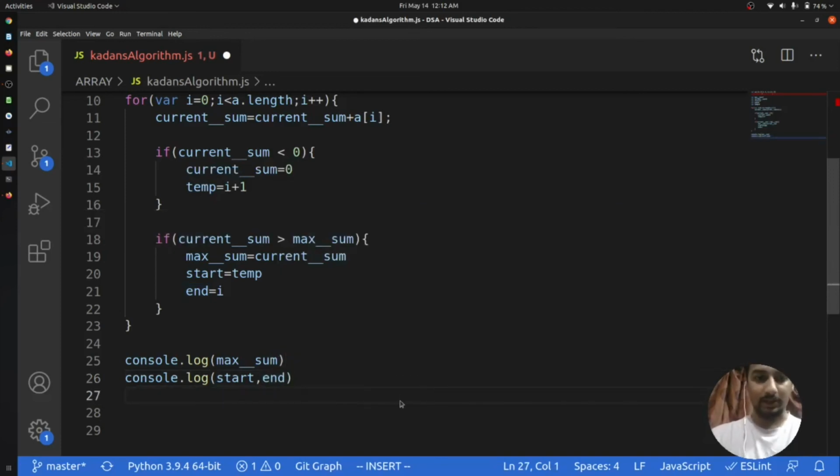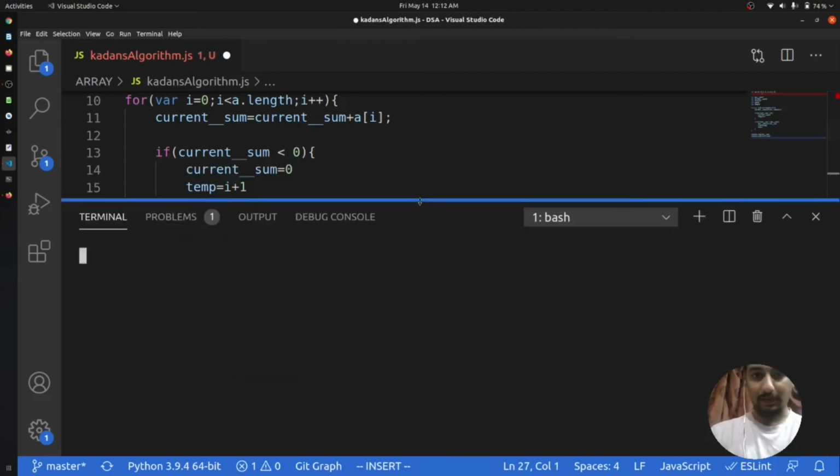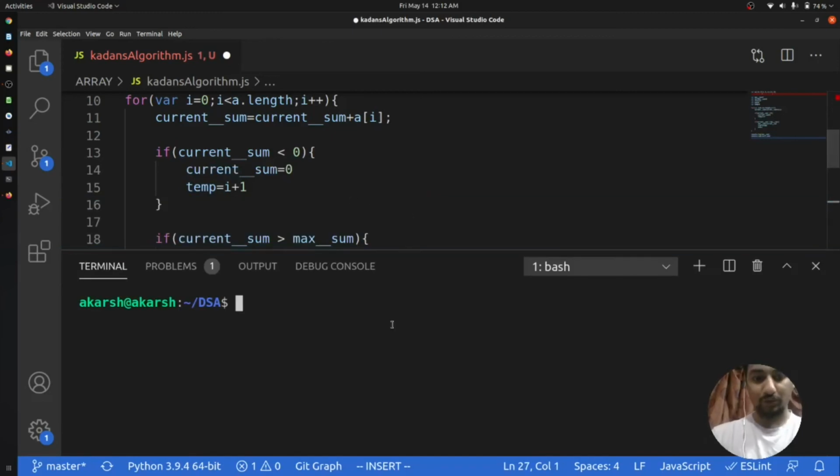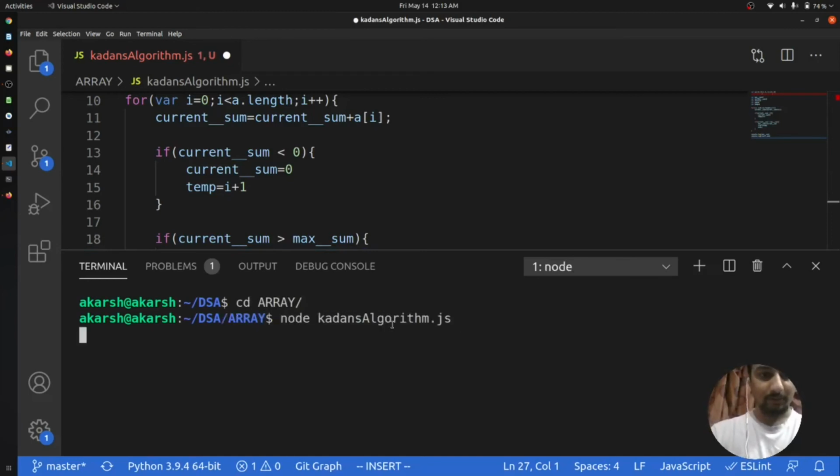And let's see the output. As I know that the output of this question will be 7, because the maximum sum should be 7, I will go and run the Kadane's algorithm. So you can see that I got the maximum sum as 7, and the starting index is 2 and the ending index is 6. So this is the thing.